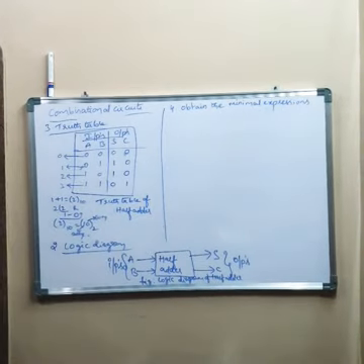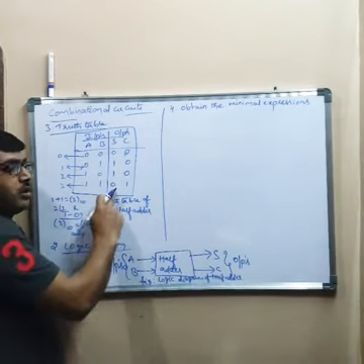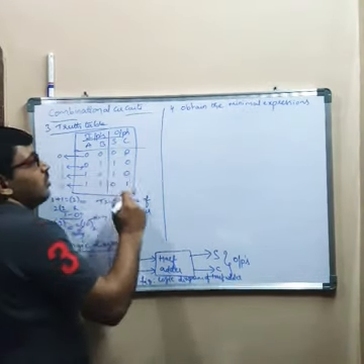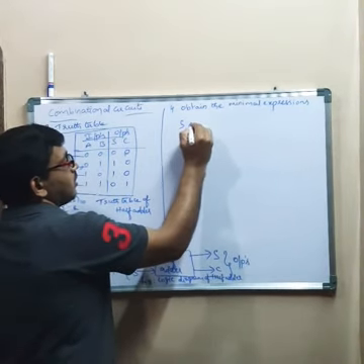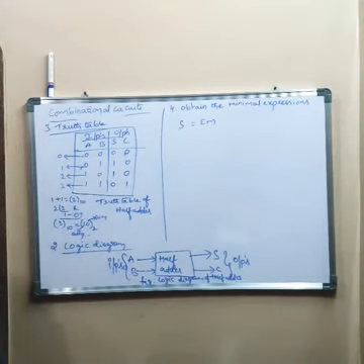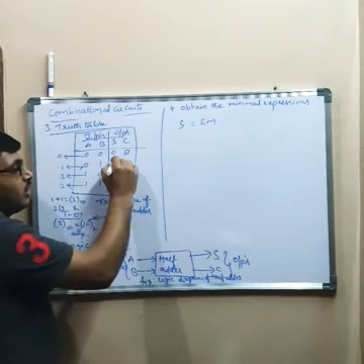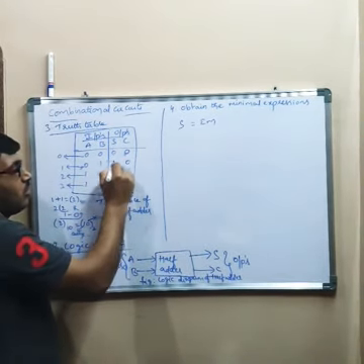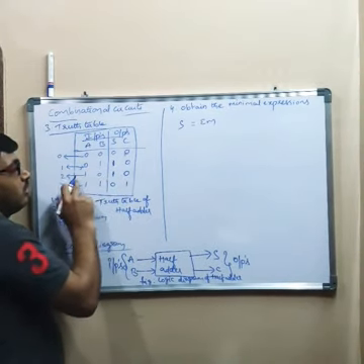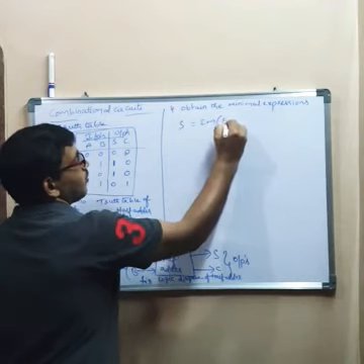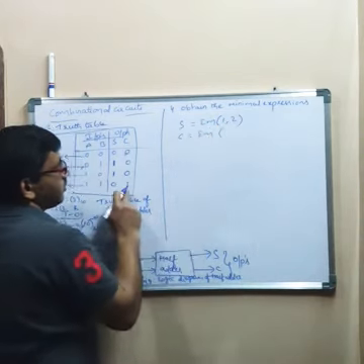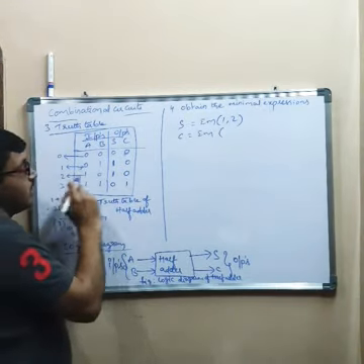How you are going to obtain the minimal expression from the truth table? You write the expression for the outputs. S is equal to sum, I am writing SOP expression, summation of minterms. So wherever there are ones in the output column, you have to write that corresponding minterm. So this is 1, this is 2. 1 comma 2. Carry is equal to summation of minterms. Only we have 1 here, 3.